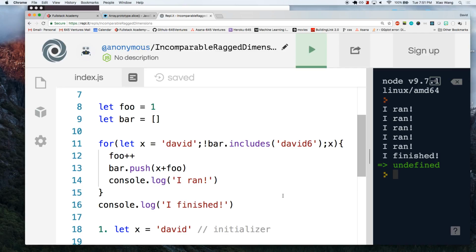X is always going to be the string David, at least for now. Foo is a number, right? It was 1. I incremented it, so now foo is 2. What's David plus 2? David2, right? This makes use of the string coercion that we learned